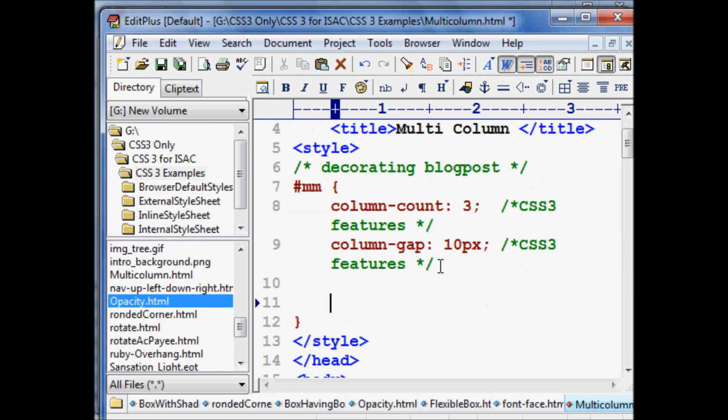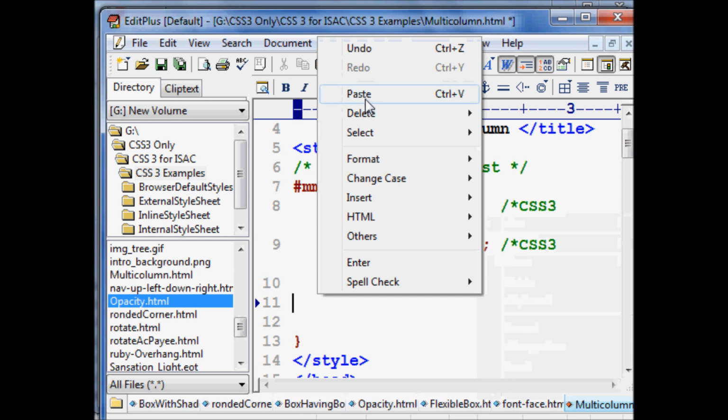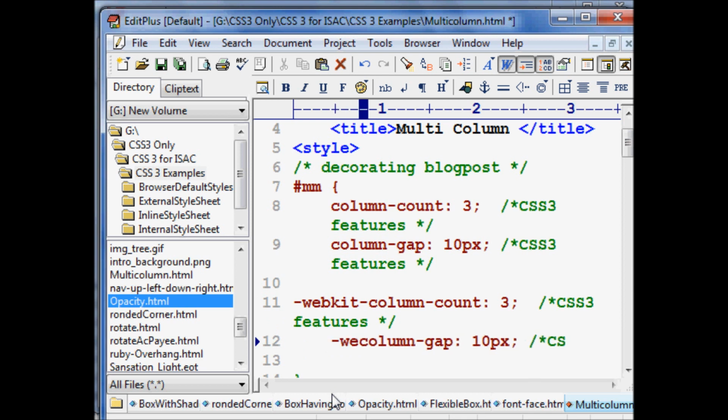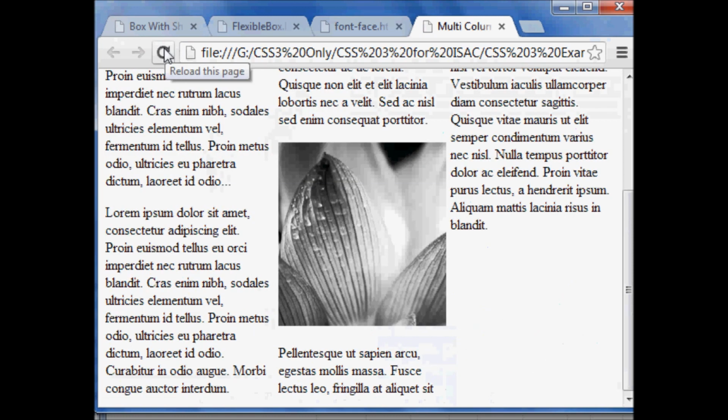But now if I write this same line and I copy, paste, and here I say hyphen webkit hyphen column count, right? Similarly here also I do hyphen webkit hyphen column gap. Save it. Now go to here, refresh it.